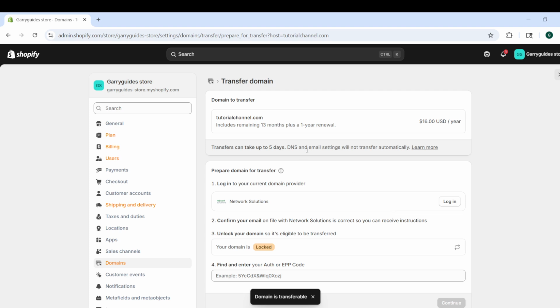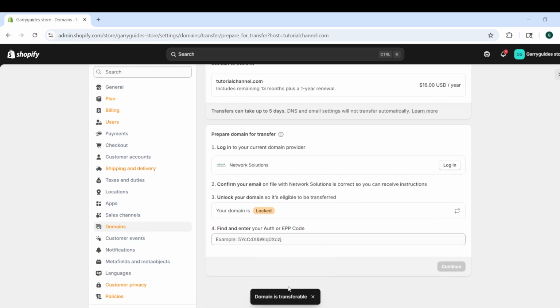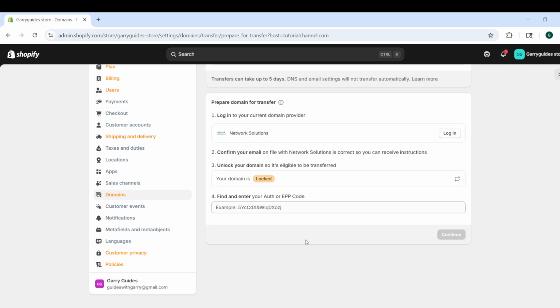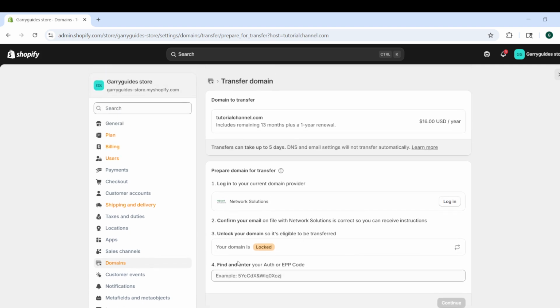Shopify will then show connection options. At this point, choose Connect manually. This tells Shopify that you will be updating the domain records yourself through Godaddy rather than using an automatic connection method. Manual connection is often the best choice when you want more control over the setup or when automatic detection does not work properly. Once you click Connect manually, Shopify will prepare the information you need for the next part